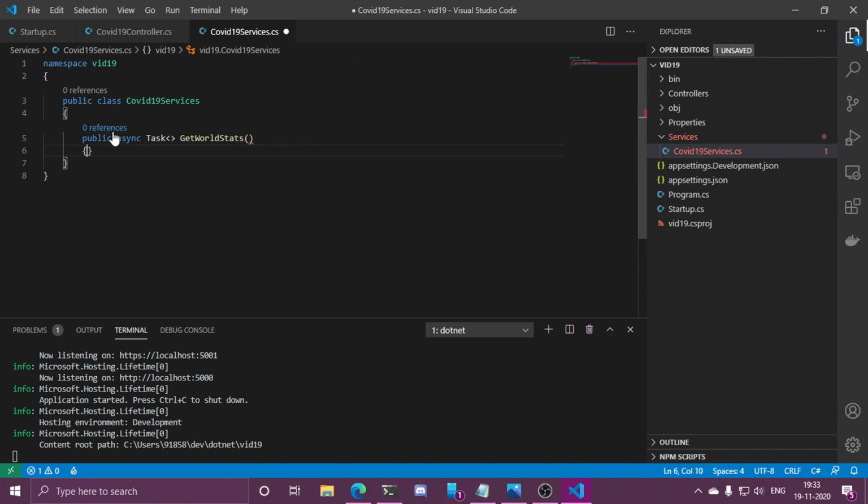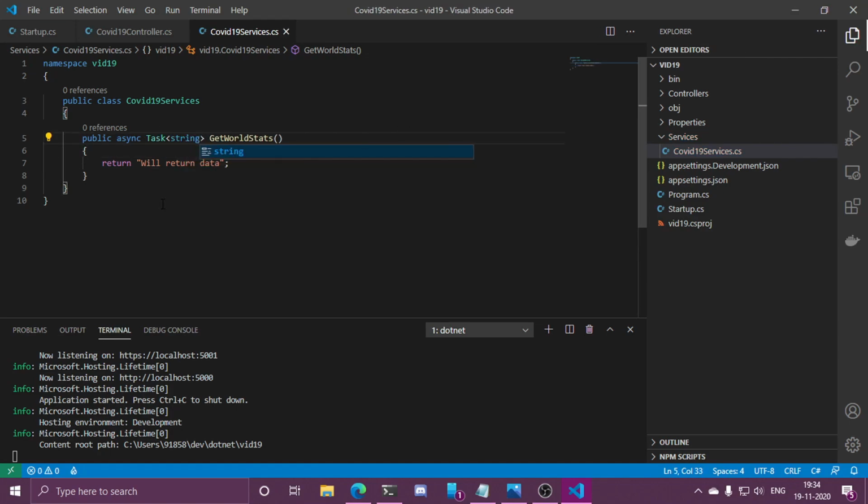Okay, this is the name of our method. Here as of now I can simply type will return data. So as of now we are just building the boilerplate so as to build proper harness. So as of now it is returning string, so I have provided the return type of task string, and as of now nothing is async, nothing has been awaited.